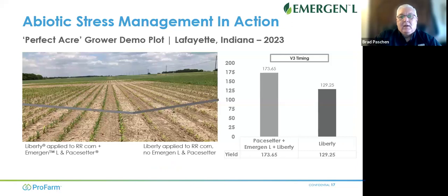So Brian provided this information, and here's the difference in yield. I mean, 43 bushel difference. Now, granted, this was an extreme scenario that we set up, but look at all the different herbicide combinations that you have that you can visually see, setting your crop back, whether it's yellow flash with glyphosate